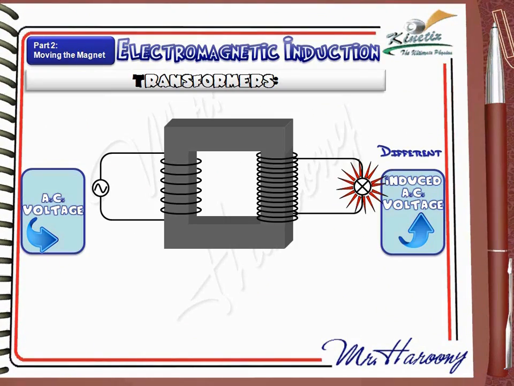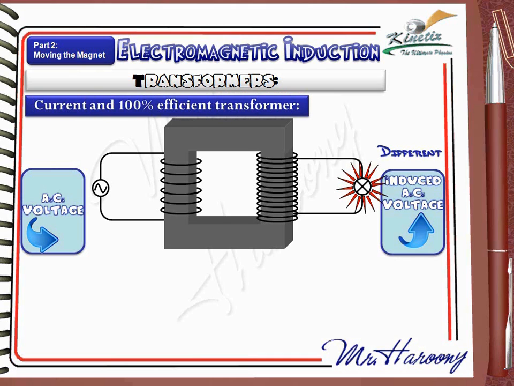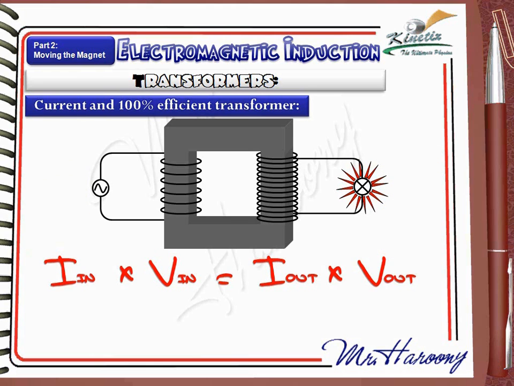We have discussed the relationship between voltage and transformers. What about the current? To talk about current intensity and transformers, we must assume that our transformer is 100% efficient. For a 100% efficient transformer, the total power on input equals the total output power. If we apply the rules we studied in electric current, we can change the form to: the input current intensity multiplied by the input voltage equals the output current intensity multiplied by the output voltage, because power equals